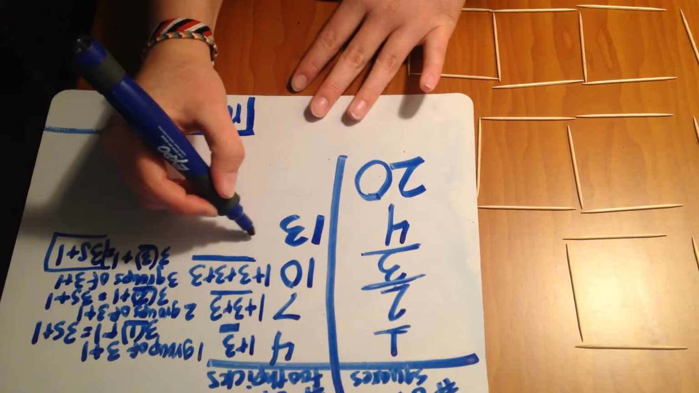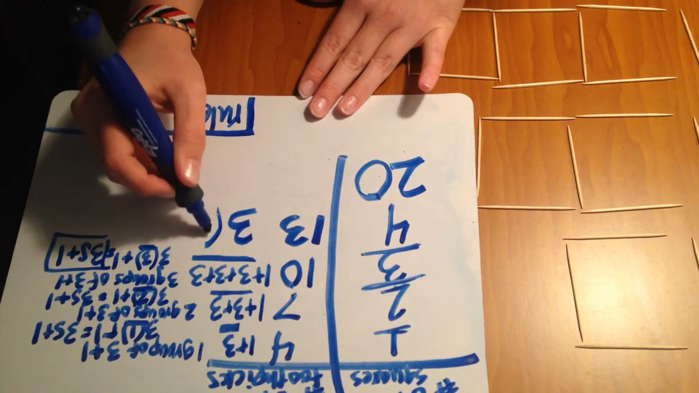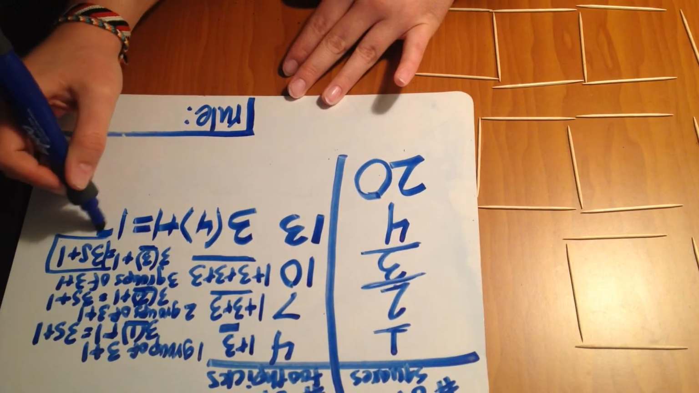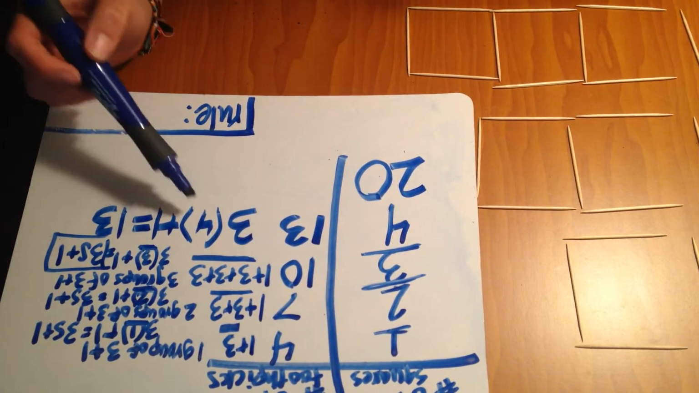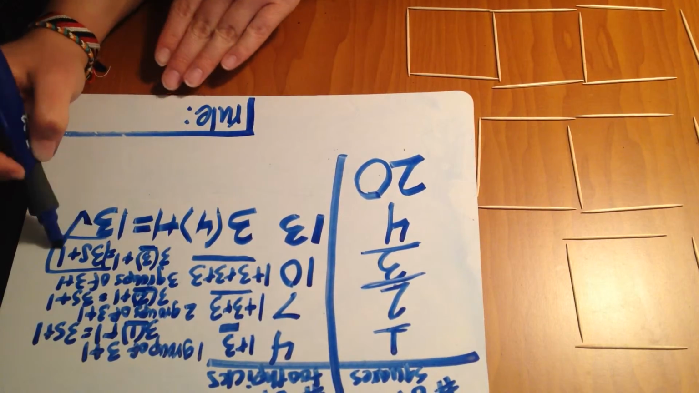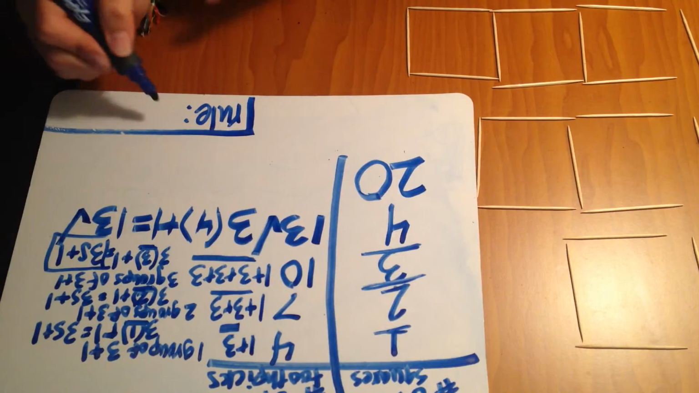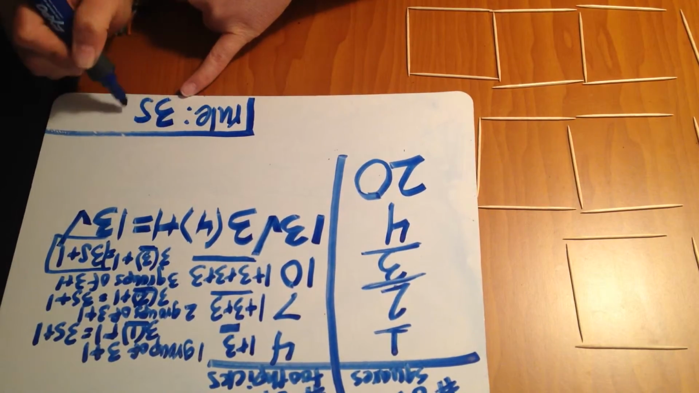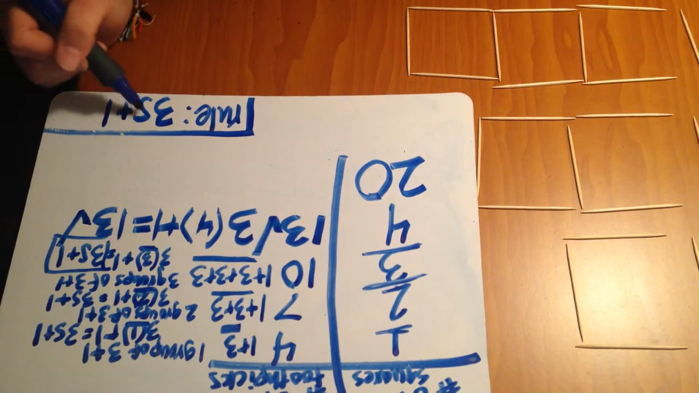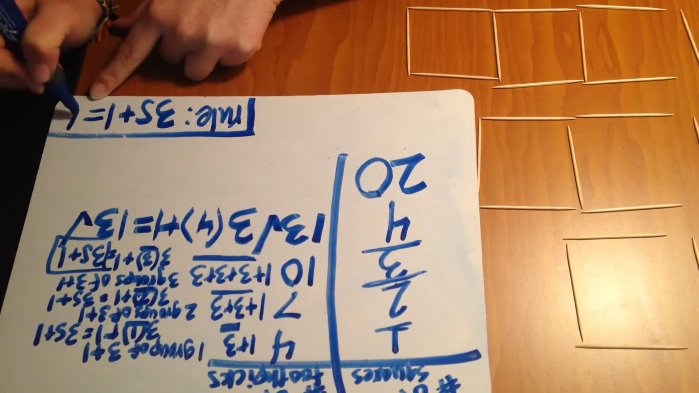So I know that if this is correct, 3 times 4, because that's the number of squares, plus 1 should equal 13. So let's check it. 4 times 3 is 12, plus 1 equals 13. So I know that's right. So now that I know that my rule is correct, I'm going to go ahead and write at the bottom. I've found my rule. 3 times the number of squares plus 1 will give me the number of toothpicks,